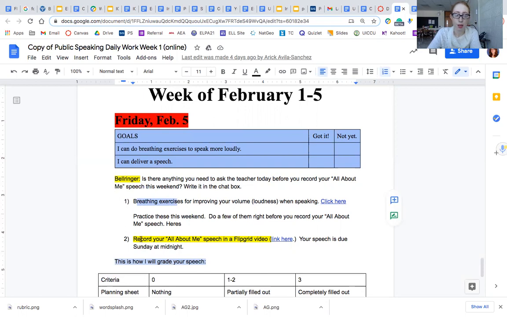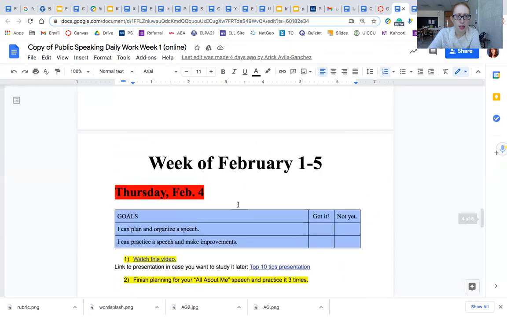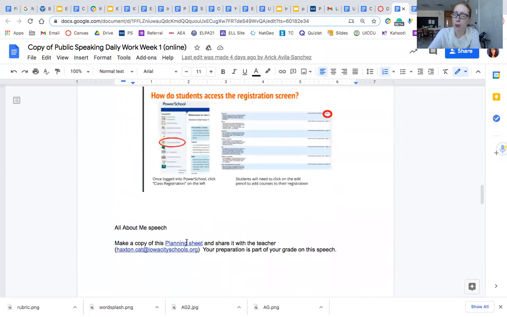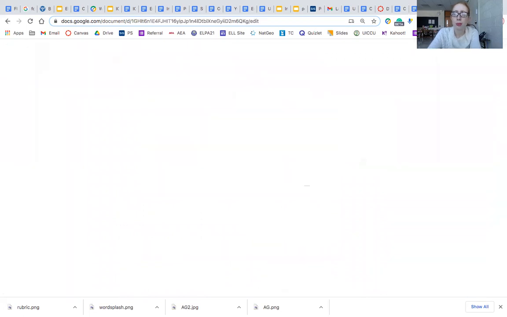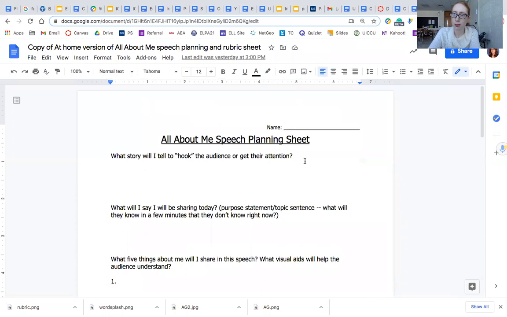The second activity that you need to do is to record your All About Me speech in a Flipgrid video. Before you record your speech, there are certain things that you should have done to get ready. On Wednesday of this week, you should have made a planning sheet. It was on the bottom of page 3, and the planning sheet looked like this: All About Me speech planning sheet.